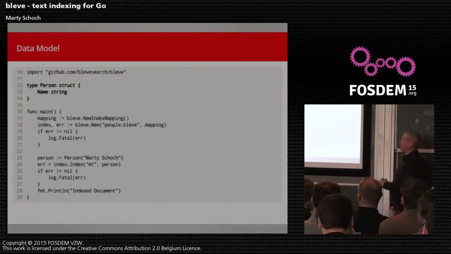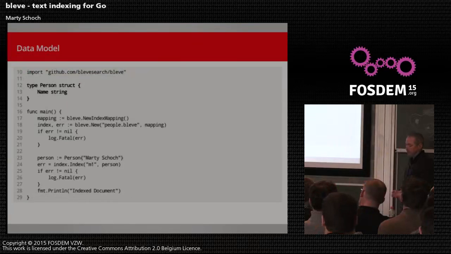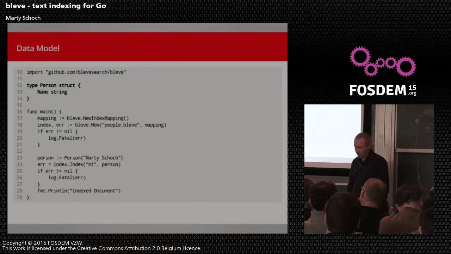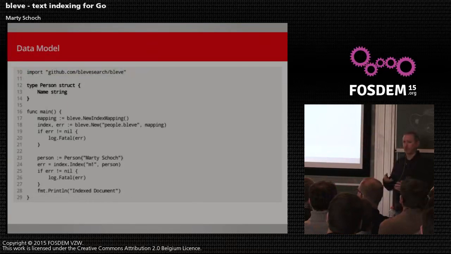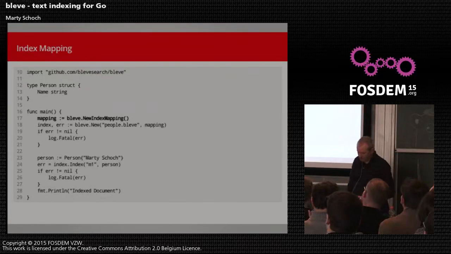Once we've imported the package, we're going to look at the data model. So again, we're building a really simple example here. So I've just defined a structure named person, and that has a field called name of type string. So the very simplest thing we could work with. Bleve is internally going to use reflection to discover what's going on and try and make the most sense out of your object. This is, again, just a very simple structure to get us going.